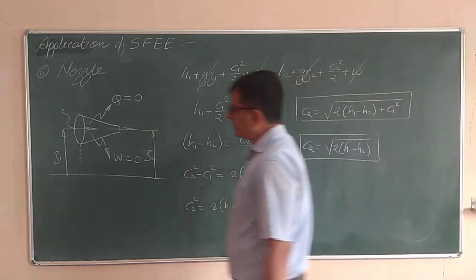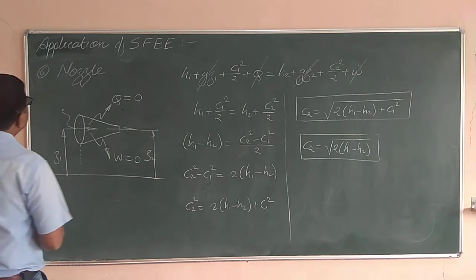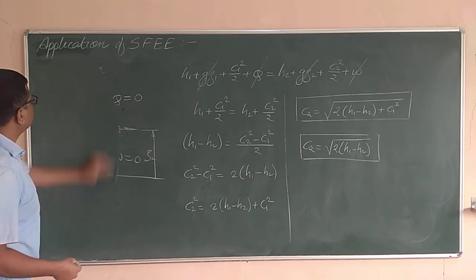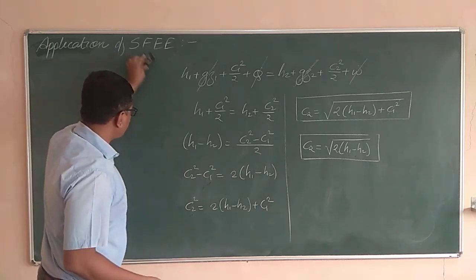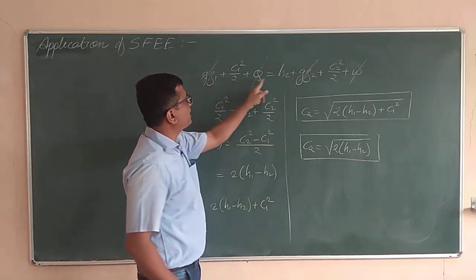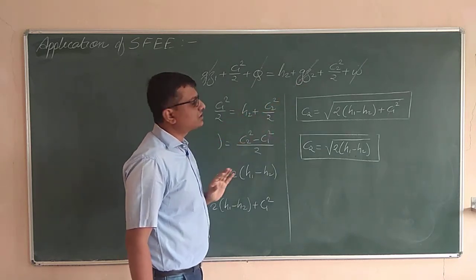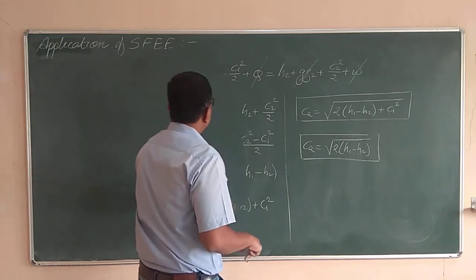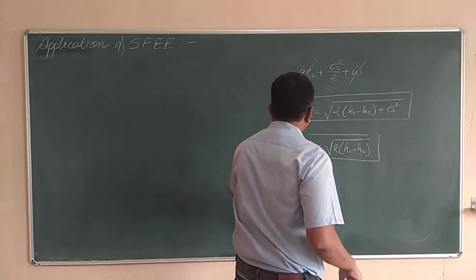Apart from this, there are many other devices that we are going to see in thermodynamics, but I suggest you practice them at home. With the aid of these examples, you understood how the steady flow energy equation is applied to various processes. Some parameters can be neglected and cancelled out from the steady flow energy equation, and the remaining parameters you need to put into the final equation. That is the application of the steady flow energy equation to open systems.